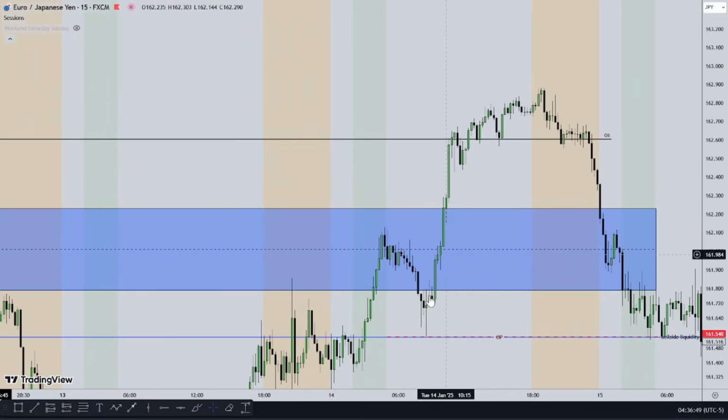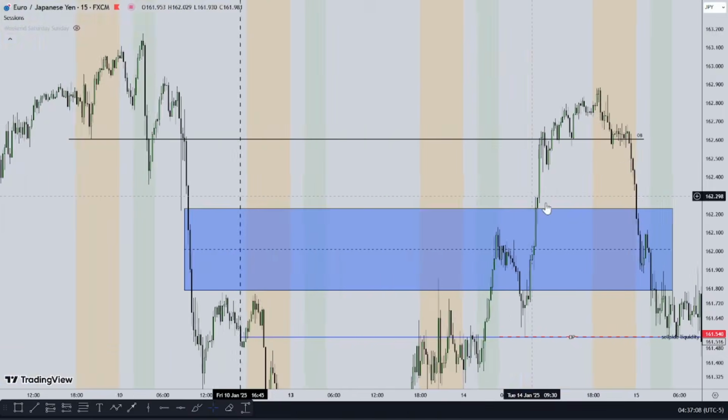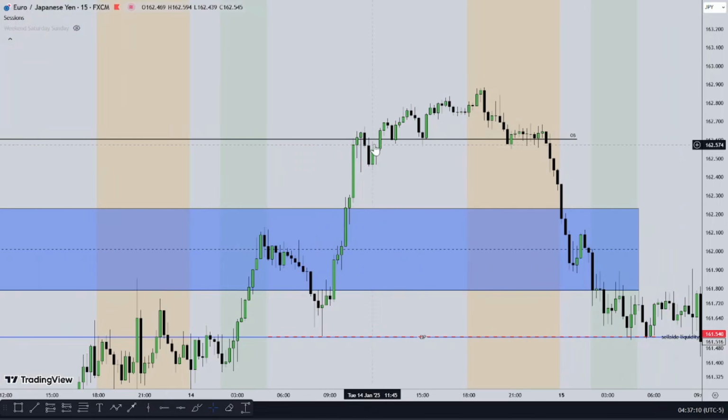on Tuesday. Here's the high impact news. The high impact news came out at 8:30 and led to higher prices, for price to trade through the 4-hour fair value gap. And where is price trading to? Price traded to the 4-hour order block. After retracement to the 4-hour order block,